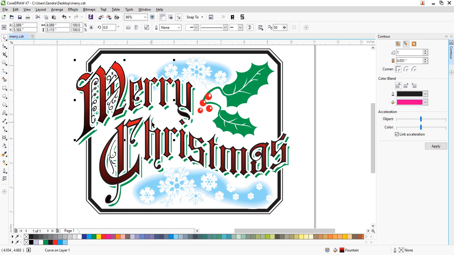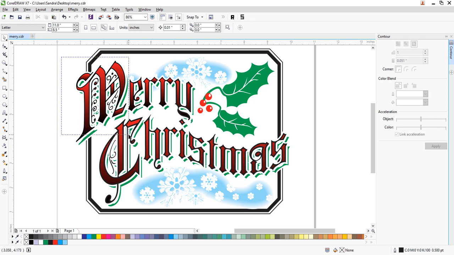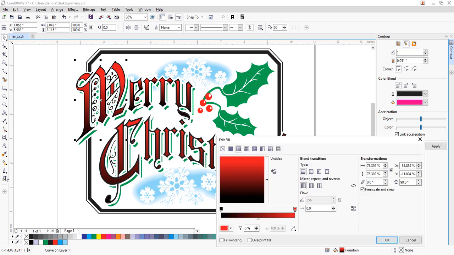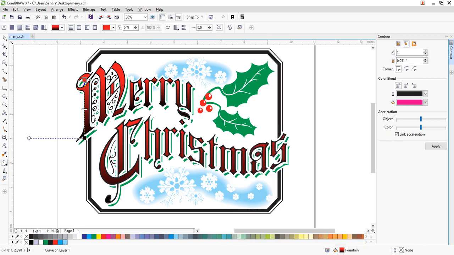And then what you can do here is break these apart, Control K, and it gives you a little bit more variation. Inside of that, you can always come back, and if you got a bunch of pieces that come apart, you can always merge those, Control L. Sometimes it monkeys with your fountain fill, so you got to go to this, at least in the CorelDRAW menu, you go to this fountain fill selection tool, and you can drag your fountain fill up. If you hold the shift key, you can kind of drag it